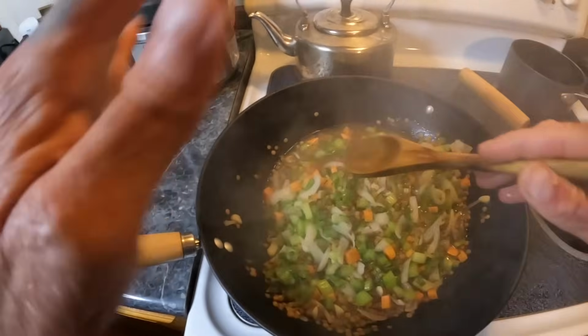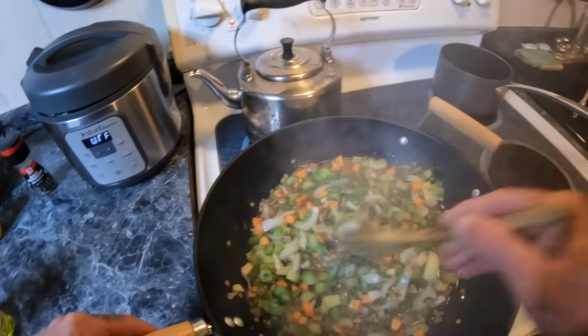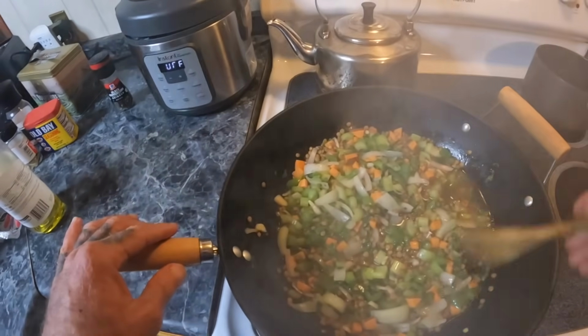Problem is, I wish I had a bigger pot than that with a lid. I got stock pots, but they're a little too big and deep for what I want to do. So I got an idea, because this don't have a lid, but